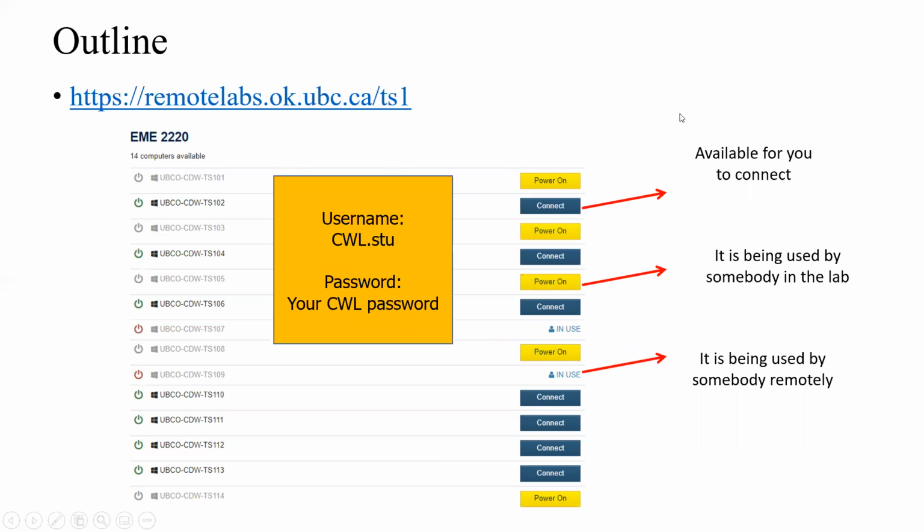And also, when you click on that link, it asks you for your username and password. So your username will be your cwl.stu, and your password will be your CWA password. One more thing that I wanted to tell you is that when you connect to this page, if you see power on status, it means that somebody is using these computers in the lab. If you see in use, it means that somebody is using the computers online. So try to connect to the computers which are available,